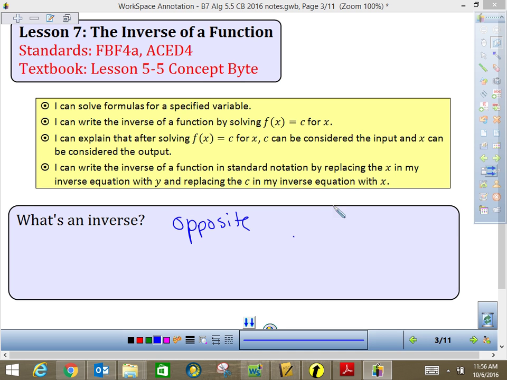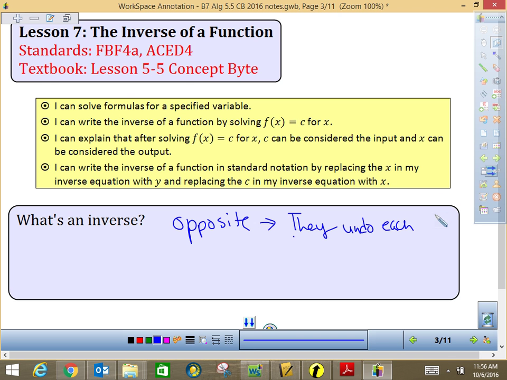and we were talking about it being the opposite. When we think about opposites, the thing is with opposites is that they usually undo each other, okay? If you are thinking of operations, add, subtract, multiply, divide. So if we think of things that undo each other,